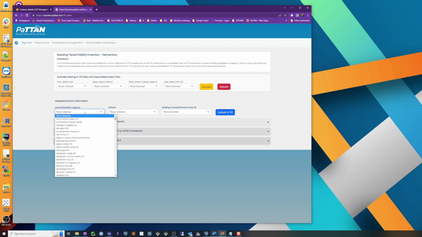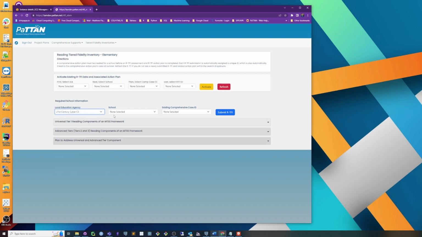So this is completed at the school level. And what we're going to do is select our LEA, which populates our schools. And now we're going to select the comprehensive case ID. So like before, you still have to have a comprehensive case ID. So by adding this required school information, you're going to be aligning it to a comprehensive